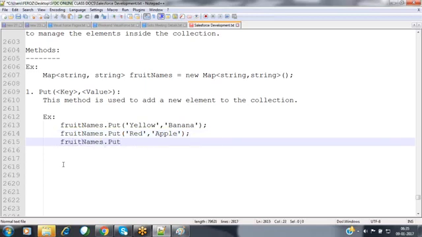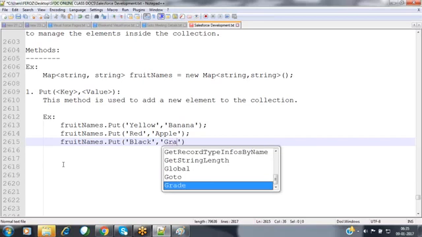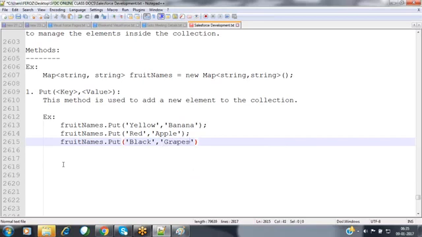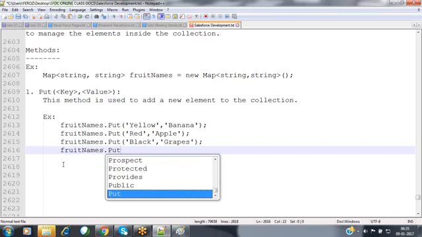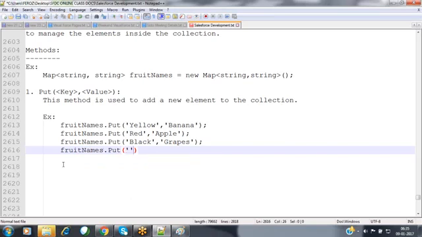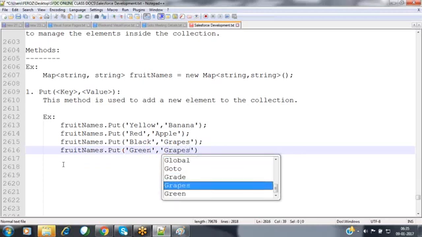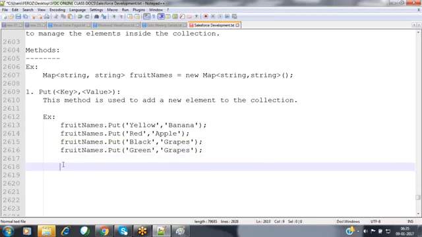Fruit names dot put, I'm adding black, grapes. Like that, we are adding some elements inside. Fruit names dot put, I'm specifying green, grapes.